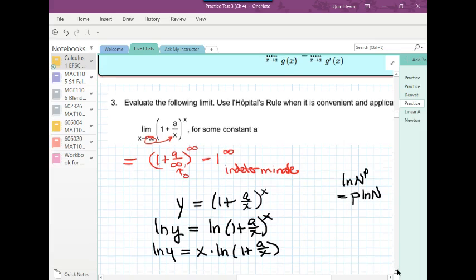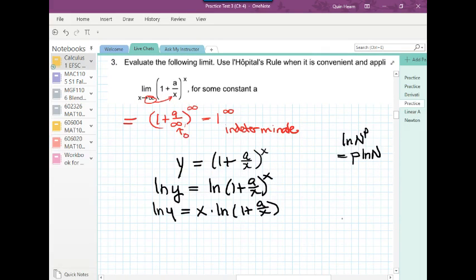Okay, so y is what we're looking for. We can't find this. Oh wait, hold on 1 second. I did the wrong thing. I don't want the y to be the limit. I just want y to be the number. So sorry about that. All right, so if y is equal to 1 plus a over x to the x, and we're trying to find the limit of y,